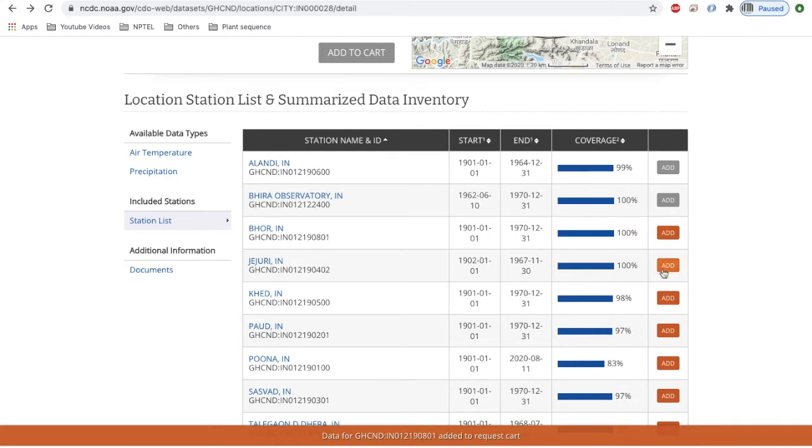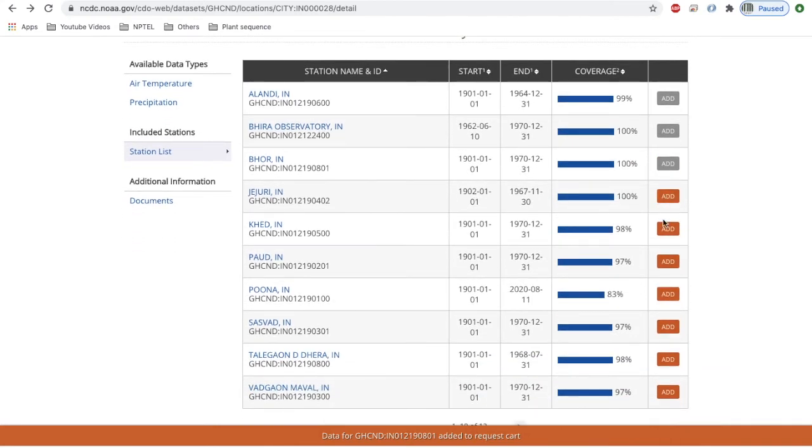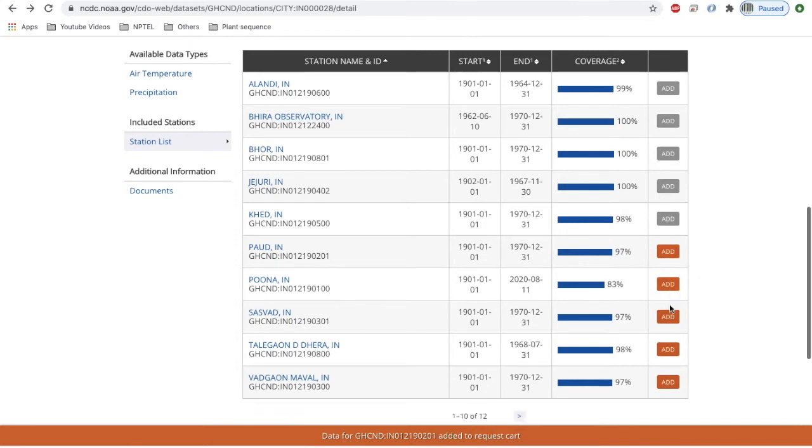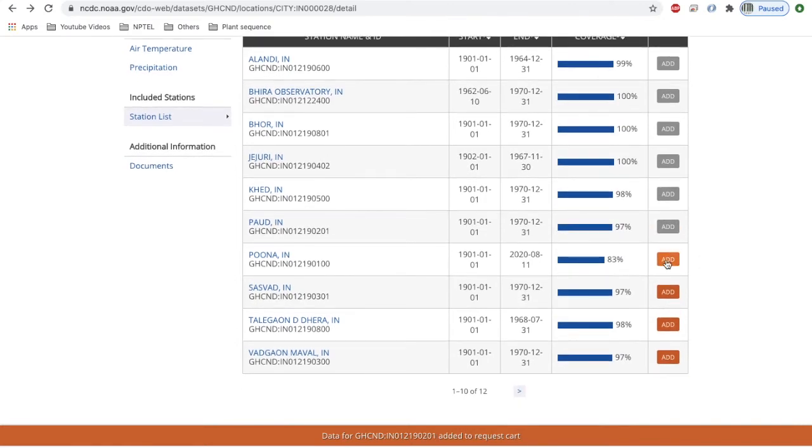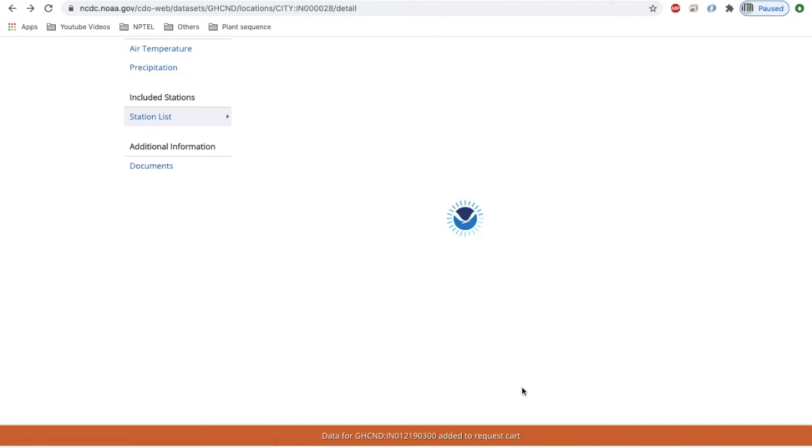Add all the stations. There are 12 stations total. I want the record of all the 12 stations. Next page.